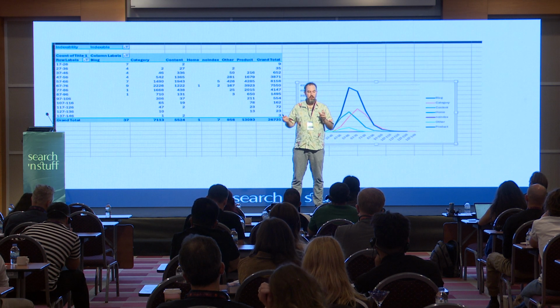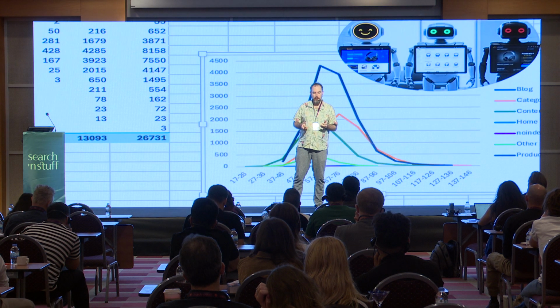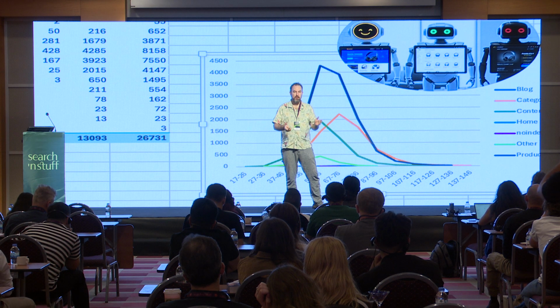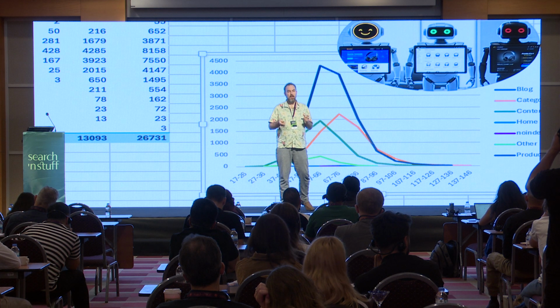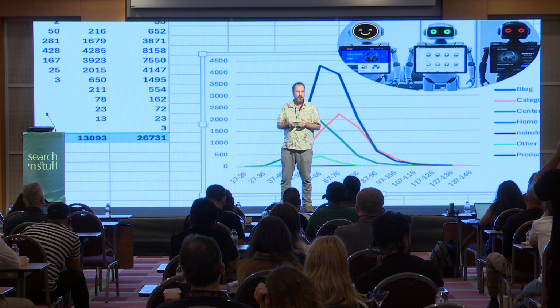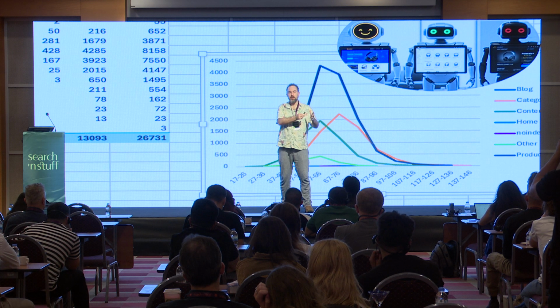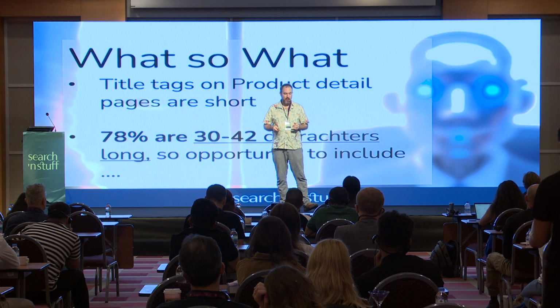If you use it with the different templates, you can see which templates have got short title tags. There's a massive opportunity there. Which ones have got long titles? A good example is an e-commerce website I worked on where all the title tags were very, very short, so I went, okay, we can put the category in at the end of it, and it will help Google differentiate what the actual product's about. And it improved traffic substantially.